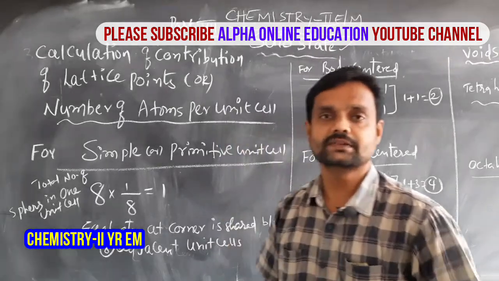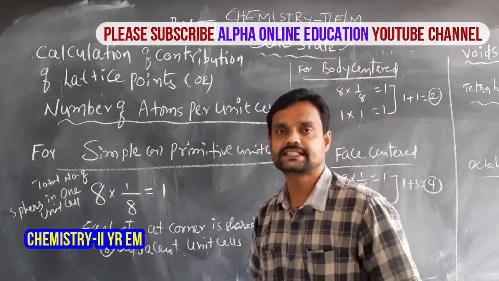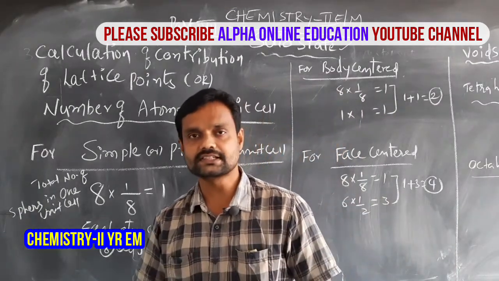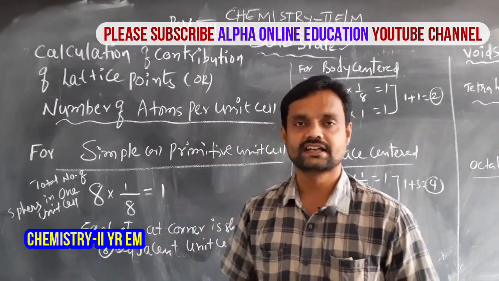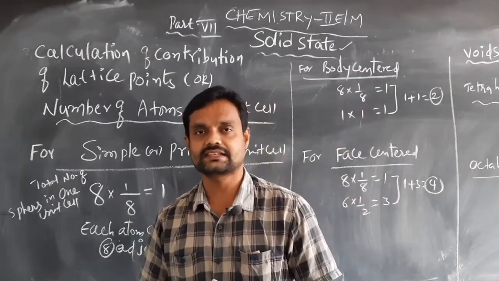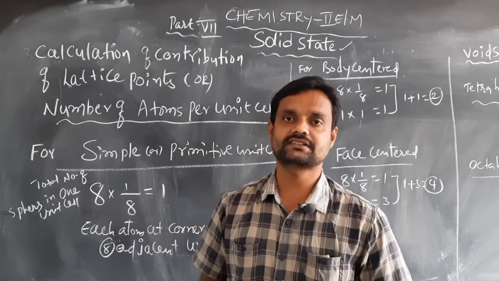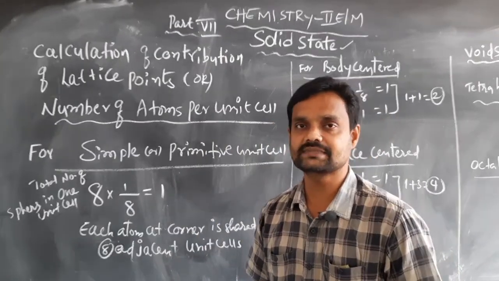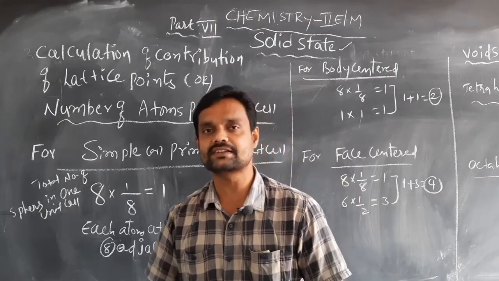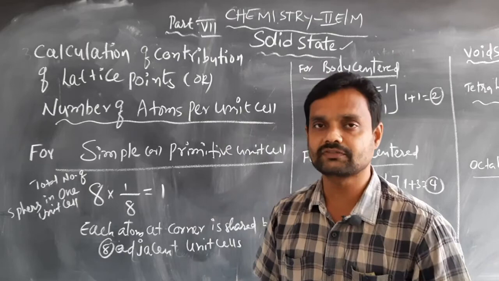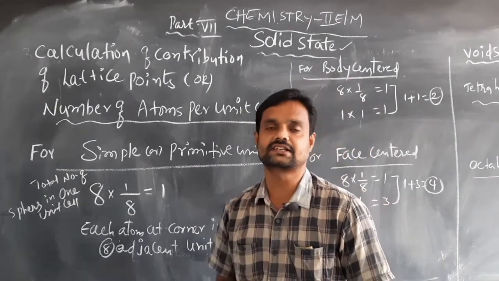So students, in the previous class we discussed the types of unit cells, that is the one dimensional unit cells and two dimensional unit cells. In the two dimensional unit cells, 5 Bravais lattices exist, and then we also observed the three dimensional unit cell. The best example for a three dimensional unit cell is the cube. Simple cube is the well known example for a three dimensional unit cell.